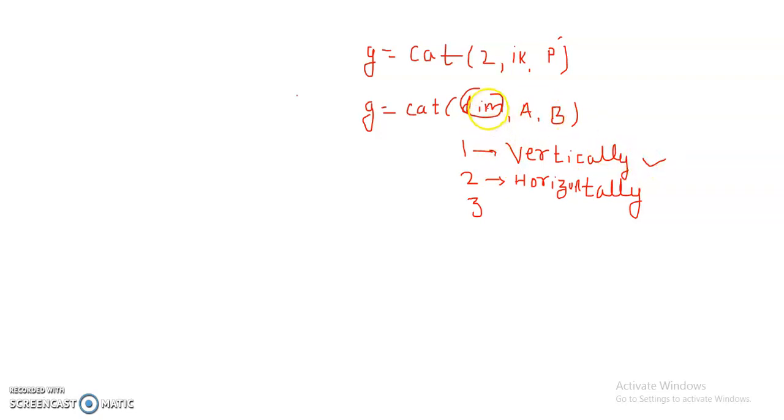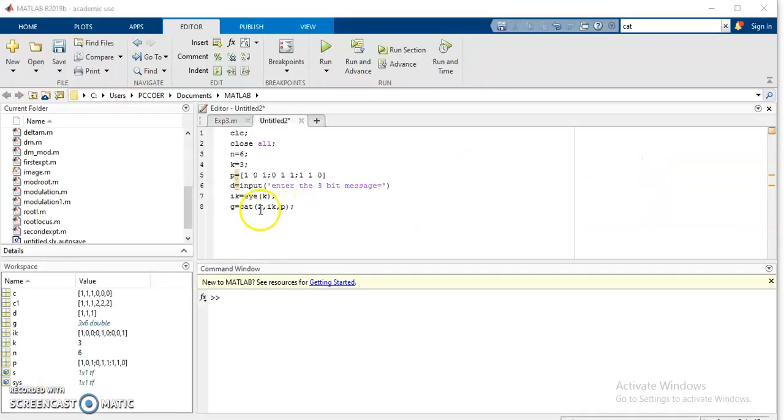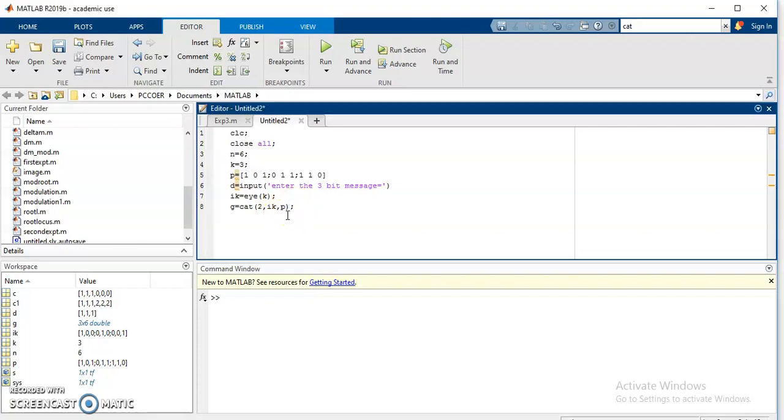If you write 2 it will concatenate horizontally, and if you write 3 it will be a complex concatenation. In our example we have written 2, that means it will concatenate the identity matrix and the parity matrix horizontally. So we have understood why we have written 2 here for this particular example.